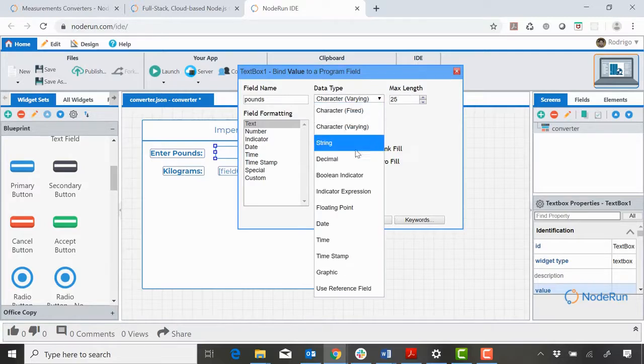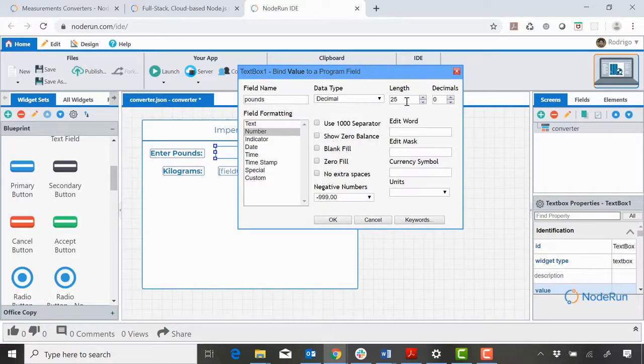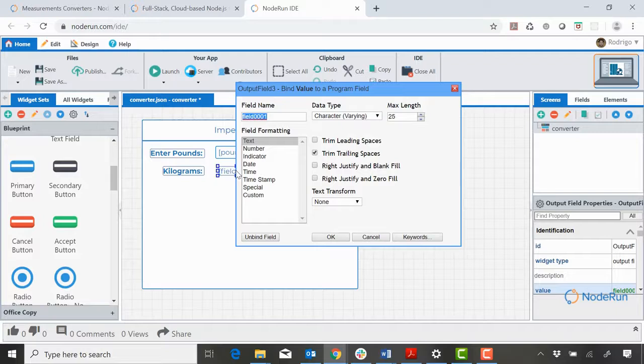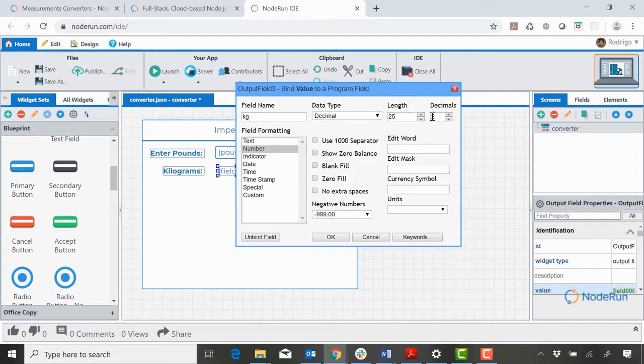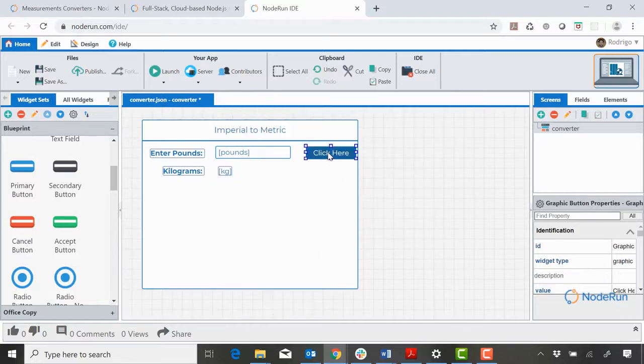and it needs to be decimal, and length 10 with 2 decimal points. So the output should be in the same format, and this output is going to be kg, and also going to be decimal with 2 decimal points. And now the value for this is going to be convert,